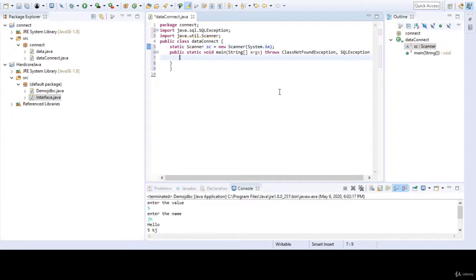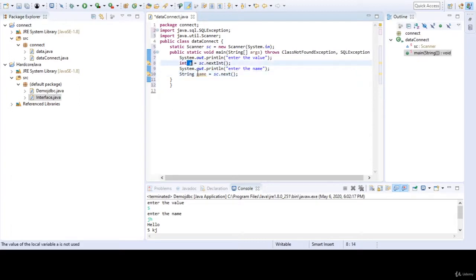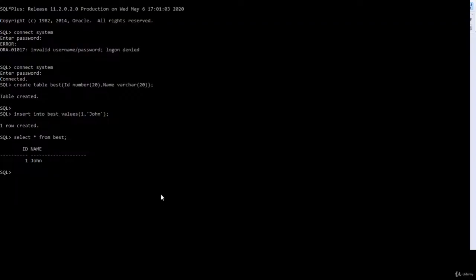Now in the main method you will write, enter the values. Enter the value; it will store in an integer type, and the name is next. You might remember that the first is the id, and the second is the name, that is characters.